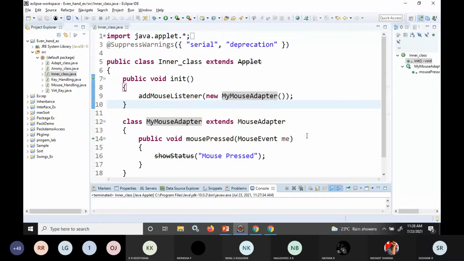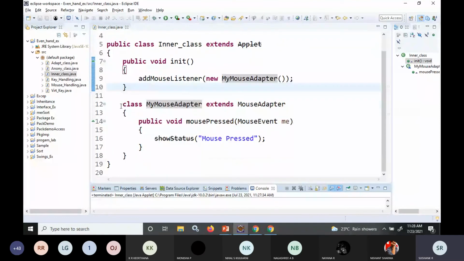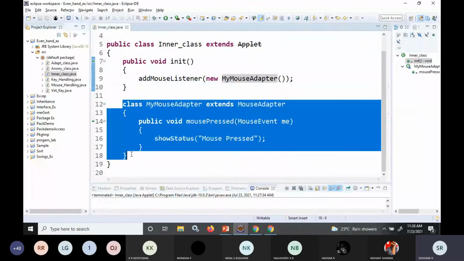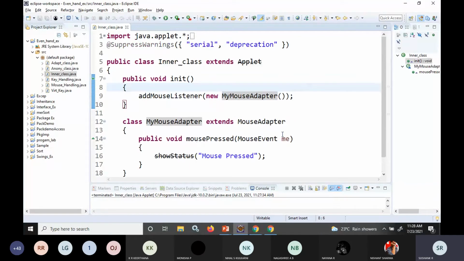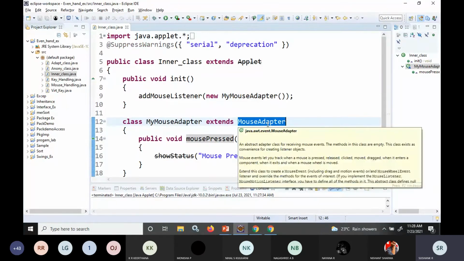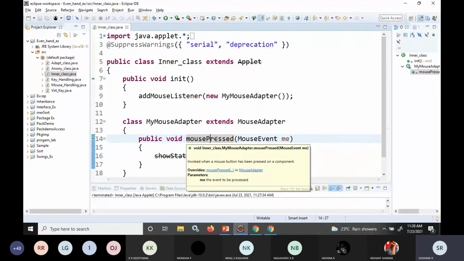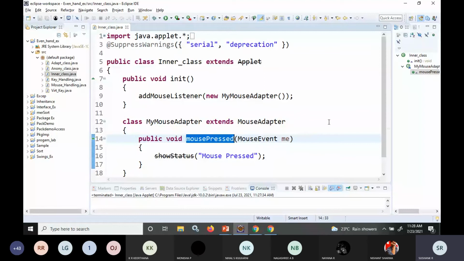Instead of writing this program separately, I'm just writing it inside this. Here also I'm using the adapter classes, so that's why I'm not implementing all the 5 methods. I'm implementing only one method, the mousePressed method, which is needed for my application.